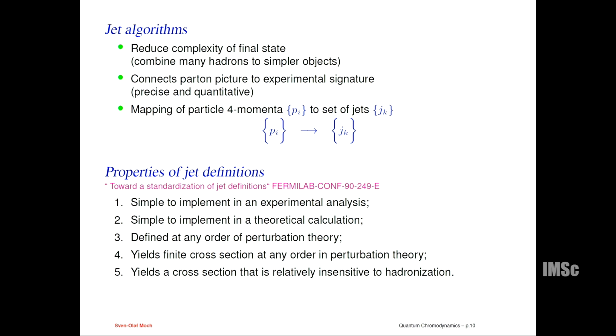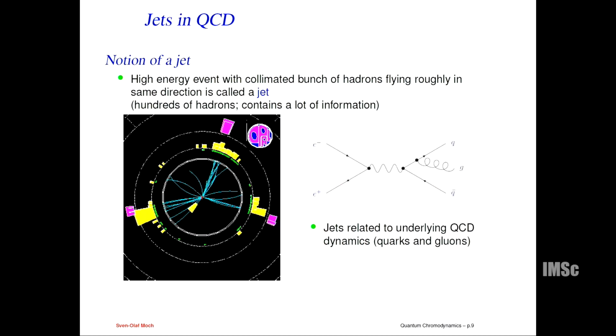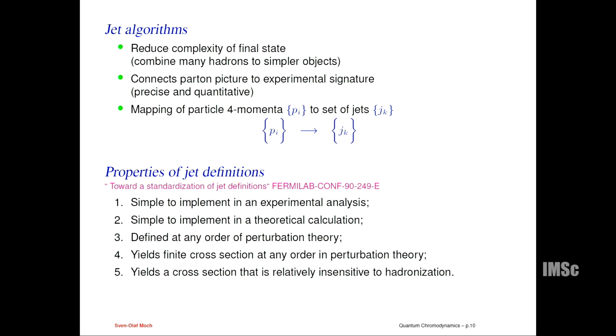Experimentalists like jets because the final state here is rather complex. If they identify all those particles as one jet, all those particles as one jet, and all those particles here as one jet, then it reduces the complexity of the final state. So this is the main idea of talking about jets: you don't have to look at the individual hadrons, you just look at some stream of hadrons in some part of your detector and then cluster them all together.